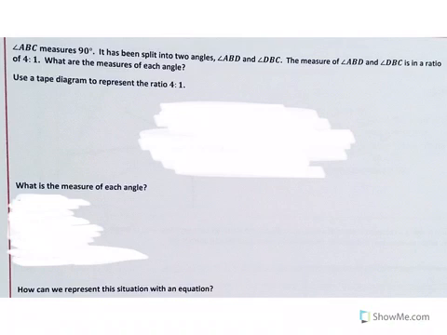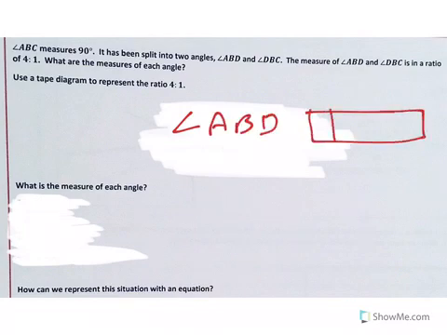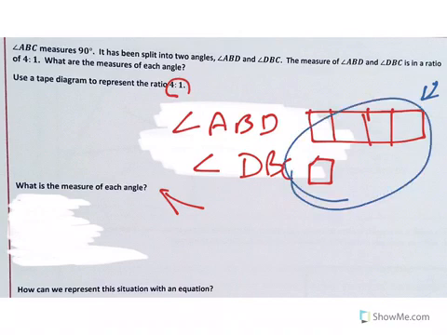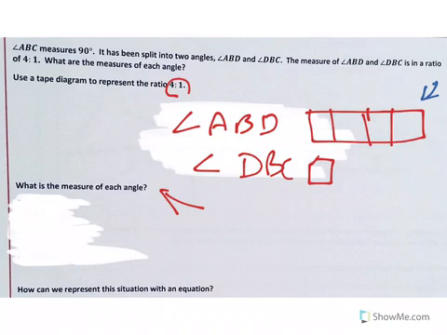So we know that the angle of ABD is going to be represented in a tape diagram of 4 parts because it's a ratio of 4 to 1. So angle DBC is going to be 1 part. Here's the thing, when it says what is the measure of each angle, we know that if we come back up here, I'll switch colors and look at this, all of this adds up to be 90 degrees. So if we have the 5 units equal 90,